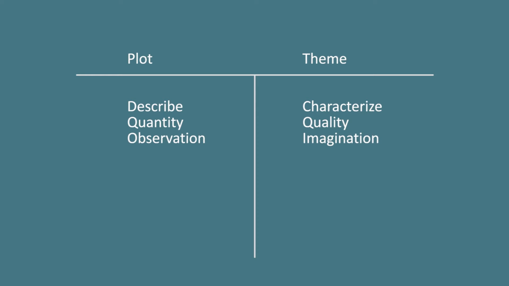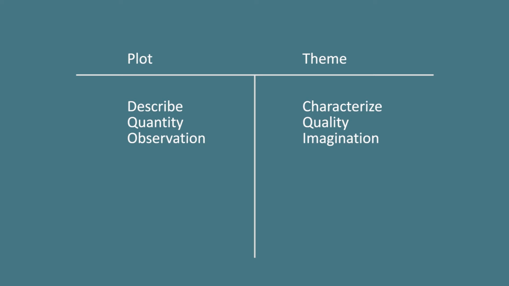Now remember from yesterday, we used the T-graph that everyone's familiar with, and we used single word identifiers, again, something everyone should be familiar with. So let's review some of the things we talked about yesterday. Here we are, here's our T-graph. We have plot on the left, theme on the right, and we used some words along the way that we're going to actually focus on a little bit more today.